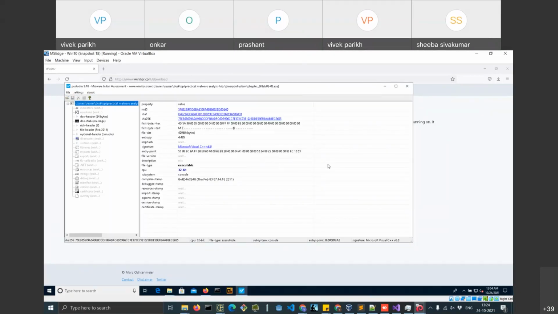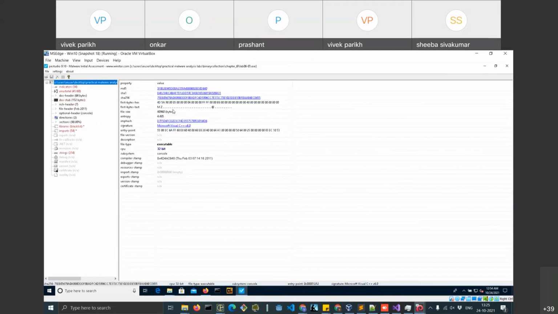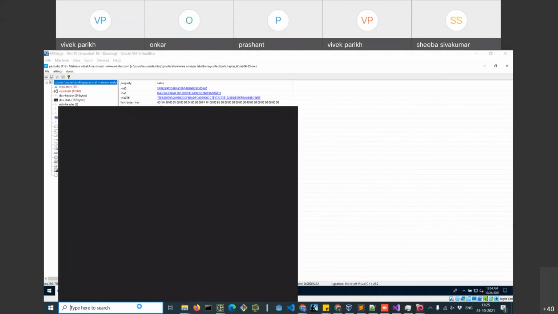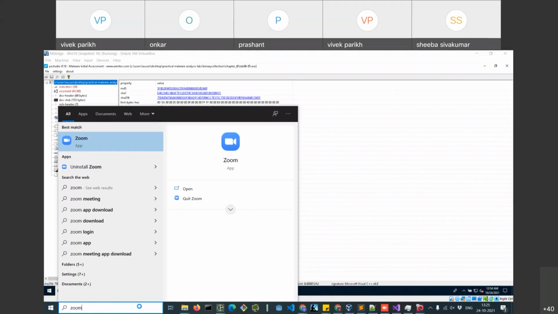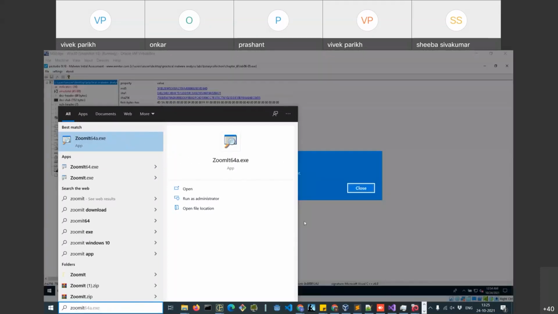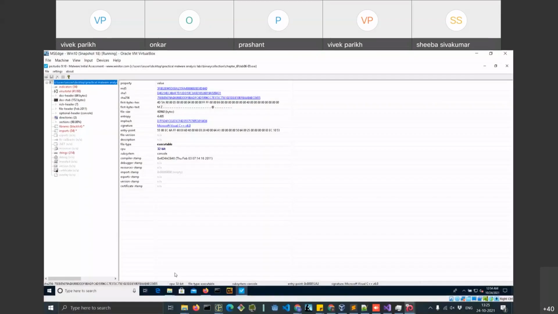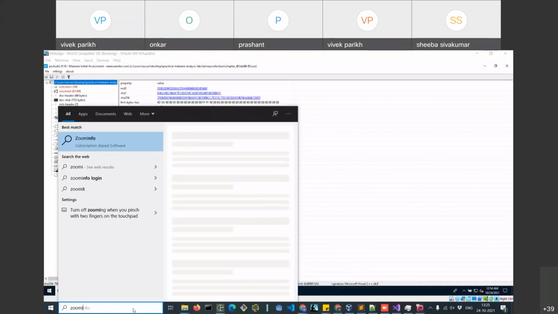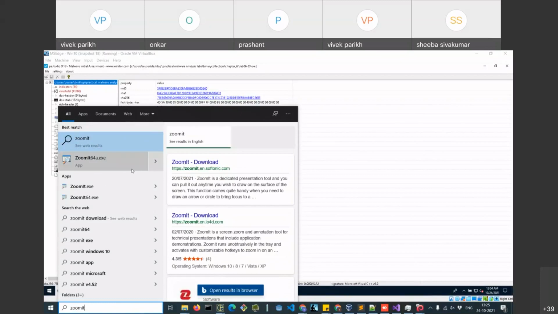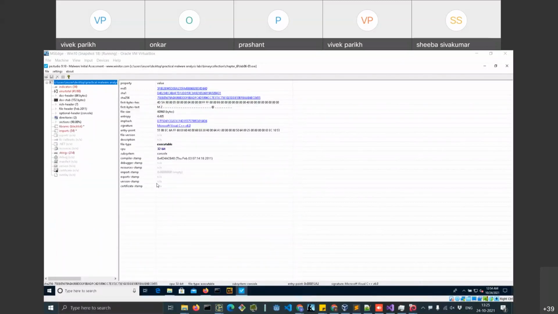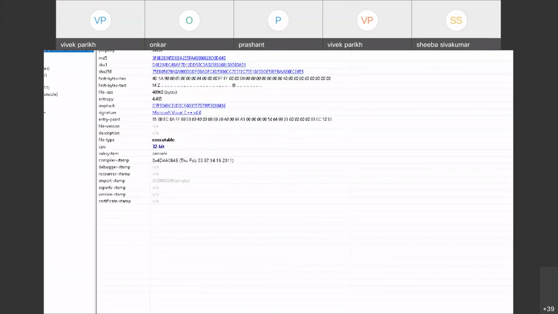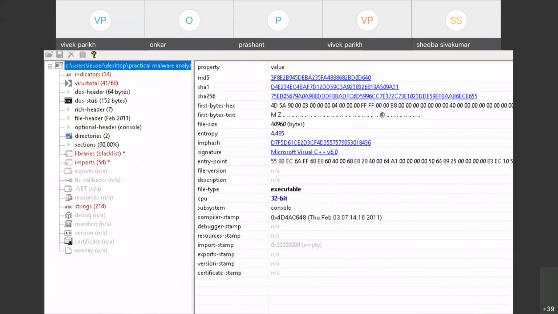So here I opened this particular file. You are seeing that it's showing you all this information. You see the indicators, then there is a VirusTotal analysis.